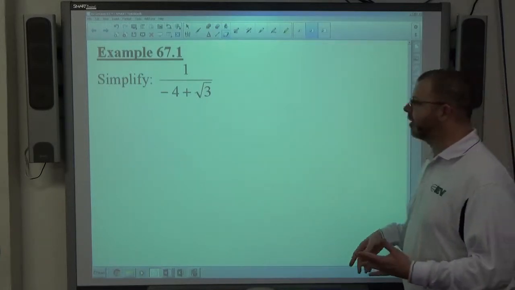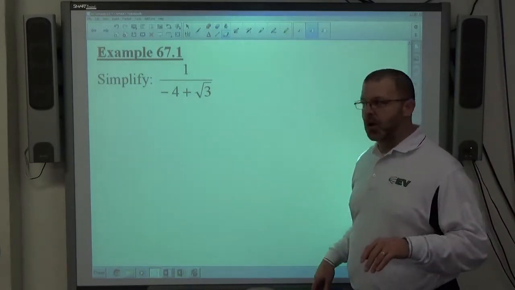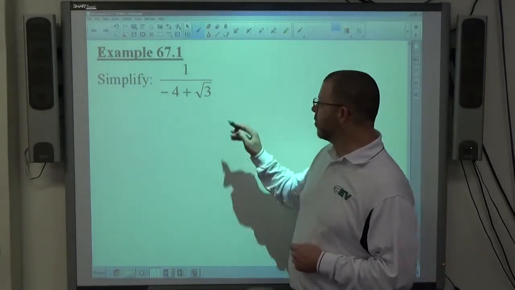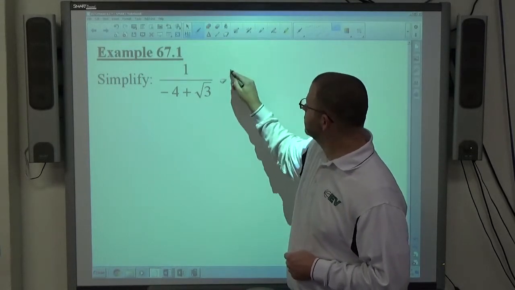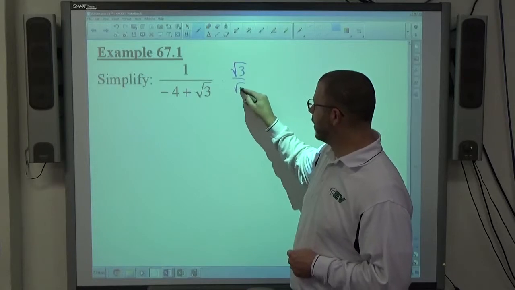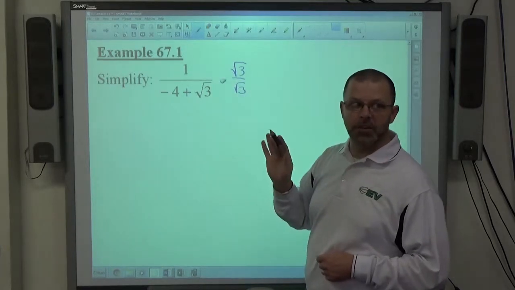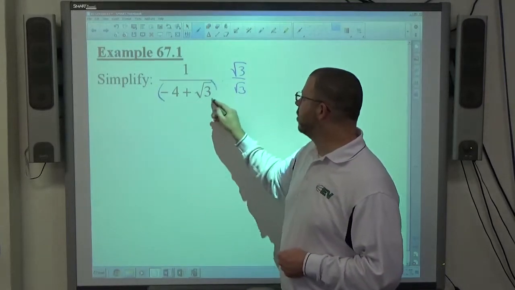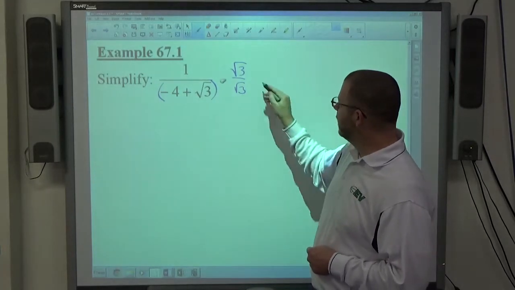Up till now, what we did to fix that, and don't write this down because it's wrong, was we multiplied top and bottom by the square root of 3, right? That's what we would have done in the past. Again, do not write this down. This is not right. If we attempt to do what we did in the past to this problem, the top